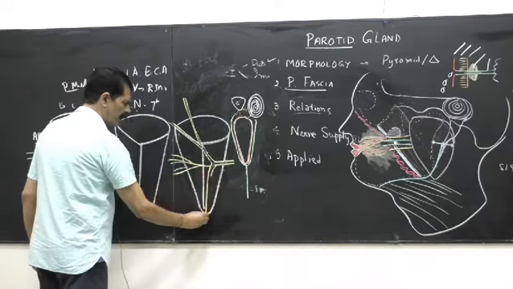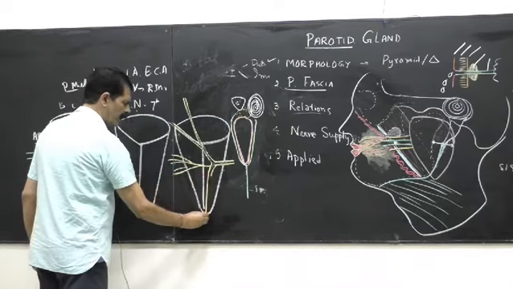Is it clear? So this is the exact diagram we have to make. The most superficial part of the gland, just below the lateral surface we are touching, is the nerve, which comes first. Then intermediate is the vein. And how is the vein formed? By the joining of the superficial temporal vein and a vein that comes from the medial surface of the neck of the mandible, that is the maxillary vein, and on the posteromedial surface, the retromandibular vein. Retro means behind.